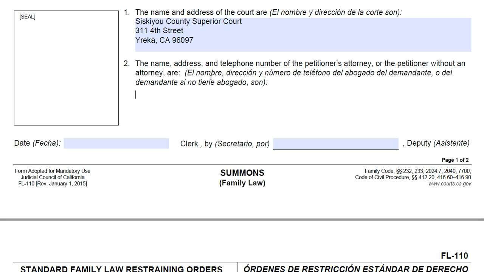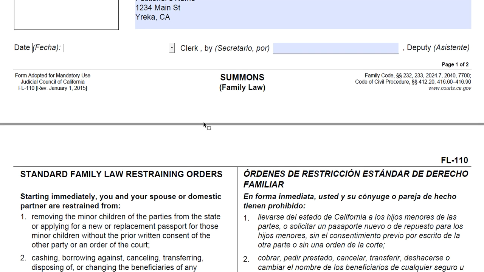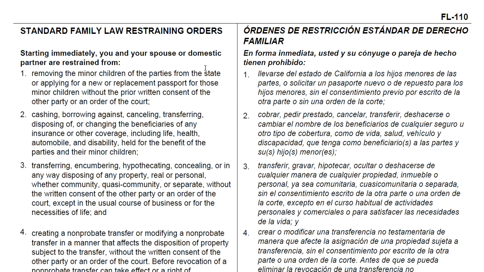So we'll put in petitioner's name, 1234 Main Street, Yreka, because that's where I am, and you get the point. The clerk will fill in this box, and the other important part about the summons, on the second page, there are